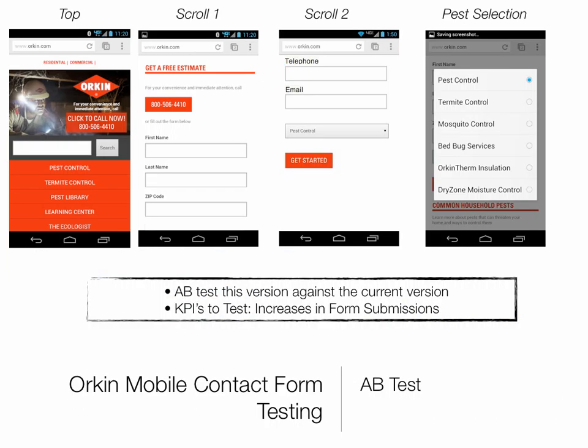Now, testing should be done through, like I said, an A/B test. You'll want to test the new version against the old version and just see which one produces increases in form submissions. The strong likelihood that I'm suggesting is that the B version is going to lead to far more submissions than the A version, simply because you're not putting as much of a barrier between the submission